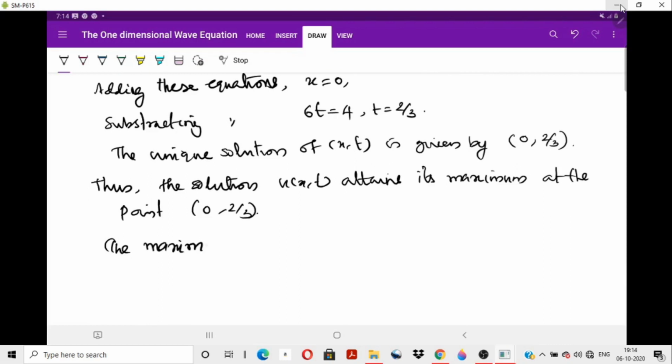The maximum value, u at (0, 2 by 3), is equal to 1 by 2 into